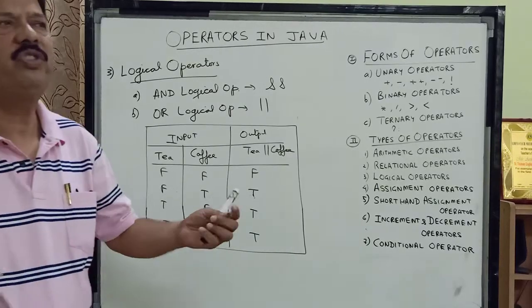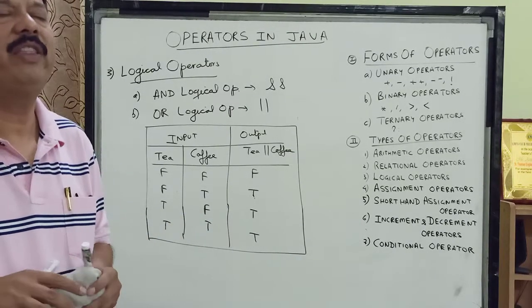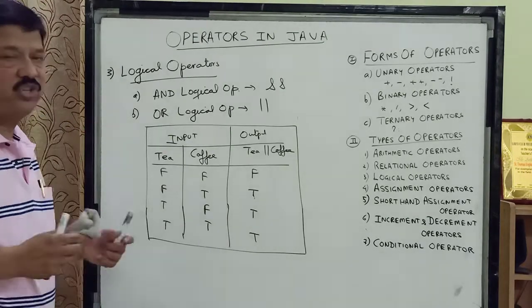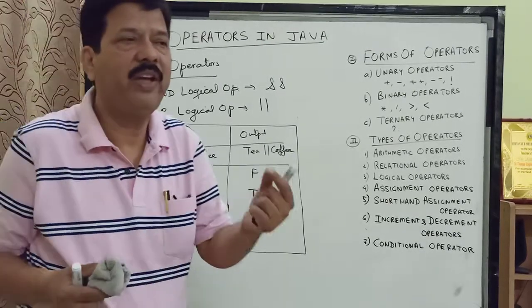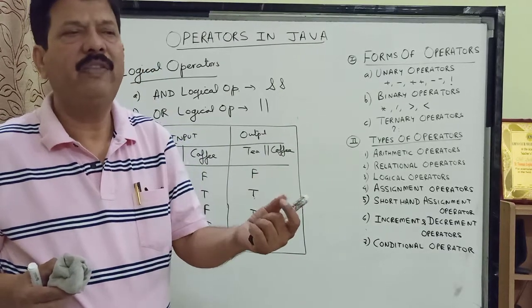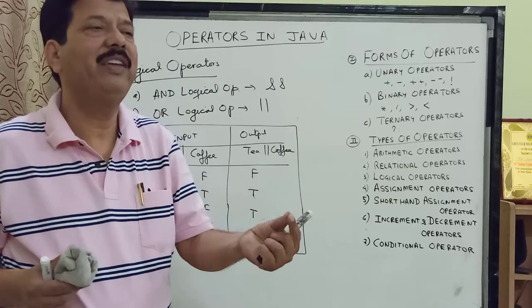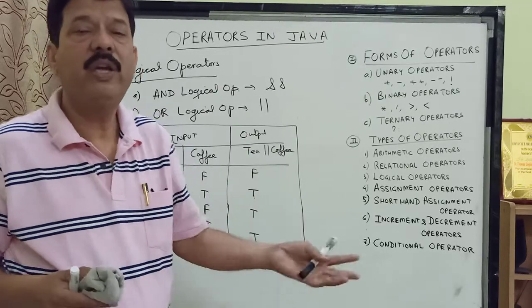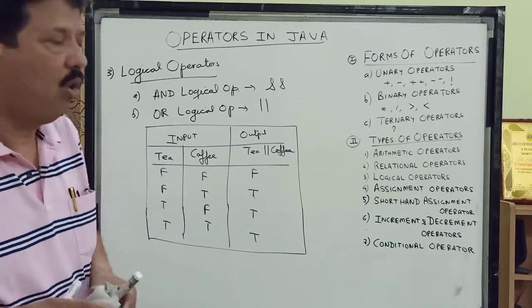So we are going to use it in conditions where we have to check whether any of these conditions are true or not. Say for example, to check vowels, I have to put an OR sign. I have stored a character in CH. Now I have to check whether CH is equal to A or CH is equal to E or so on. So here we are going to check it with the OR operator.